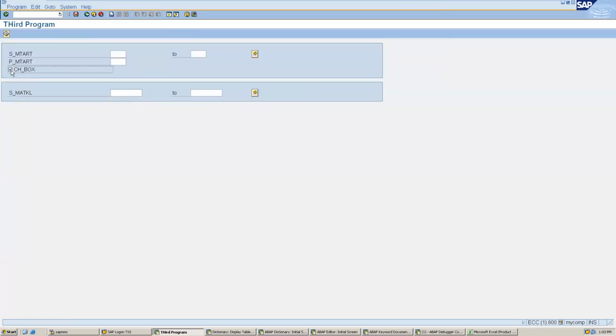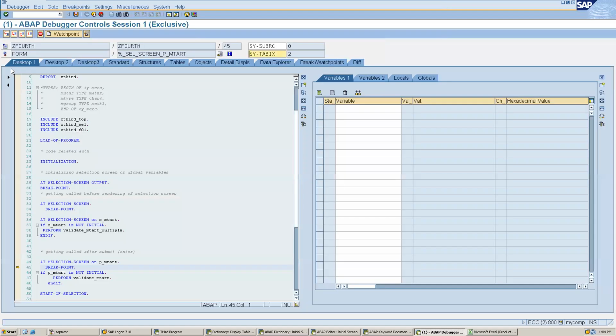If I have to do any hide and unhide, that we can achieve, maybe we will see tomorrow. But now at least whenever I am selecting or deselecting this, my breakpoint is getting triggered.